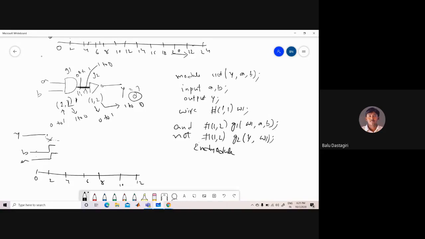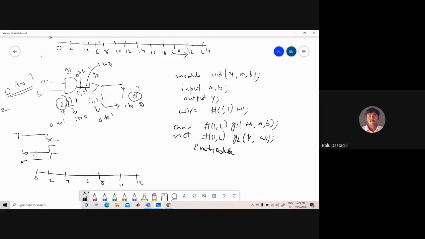There is a gate delay as well as a wire delay. For example, previously the AND gate output is 0 and now it is going to 1. As per the delay specifications, if the AND gate output is changing from 0 to 1, there is a delay of 2 time units.